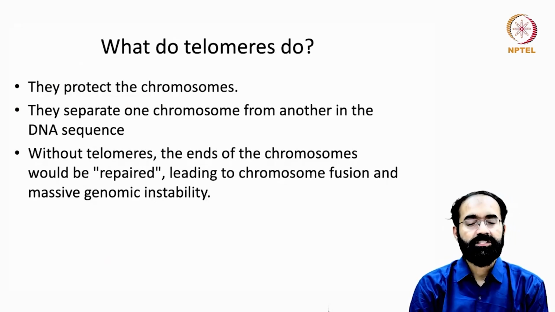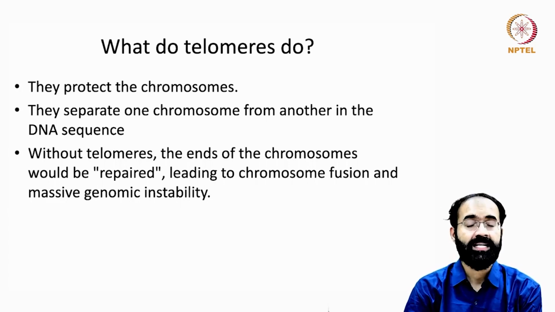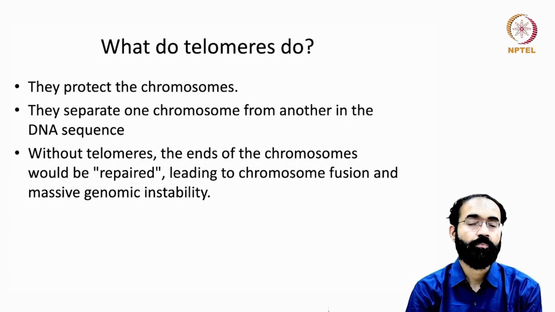So what do telomeres do? They protect the chromosome. In simplistic form, we can say they protect the chromosome. They separate one chromosome from another in the DNA sequence. So they prevent